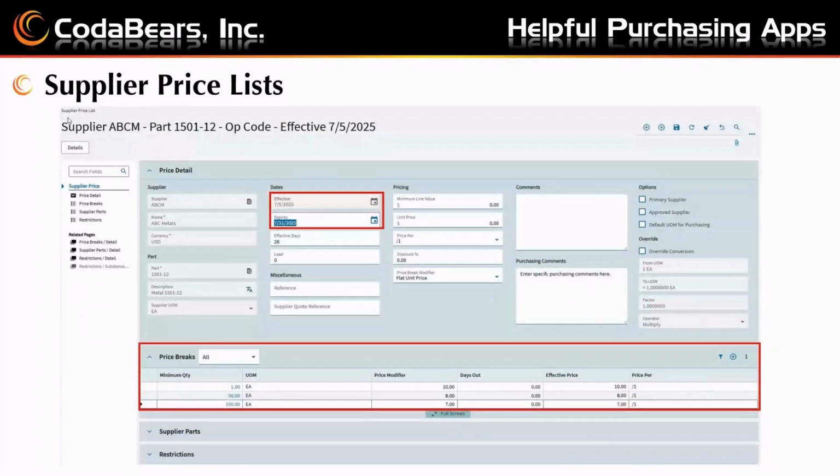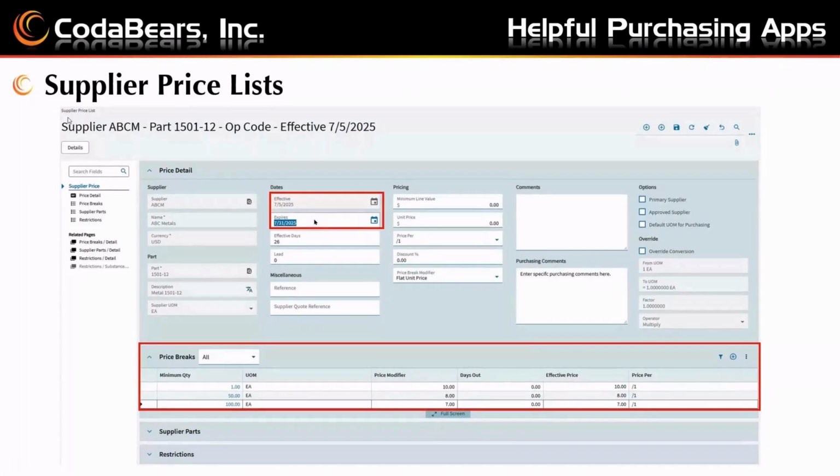One of the things that I think is the greatest with the supplier price list is that you can set up your effective date and your expiry date. By doing so, you can actually set up your price list ahead of time. So when that supplier gives you a notification that, hey, on September 1st, I am going to need to raise my prices because I have too many tariffs or whatever, instead of waiting till that time to then fix your prices, or remembering that, oh yes, I've got to update all my prices at that time,